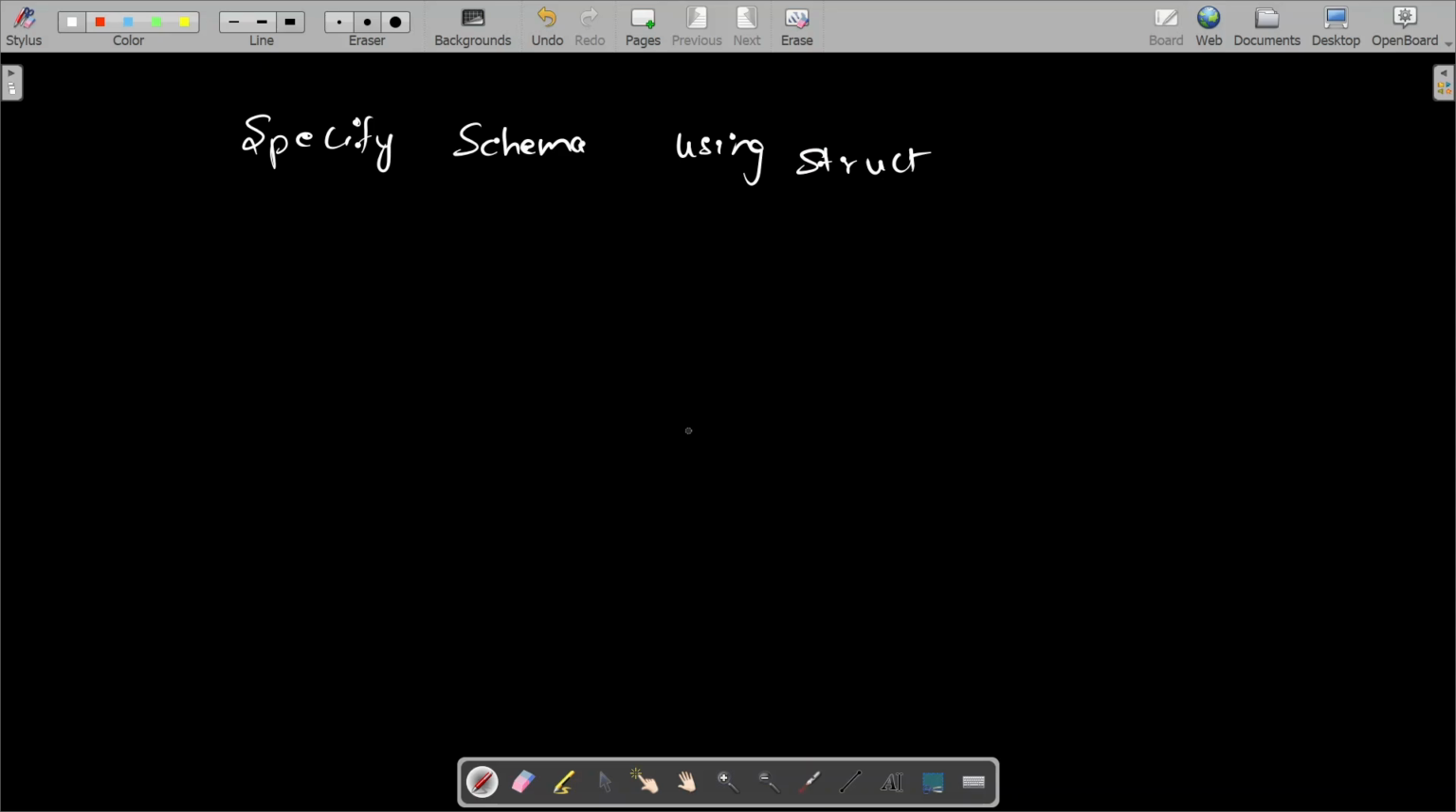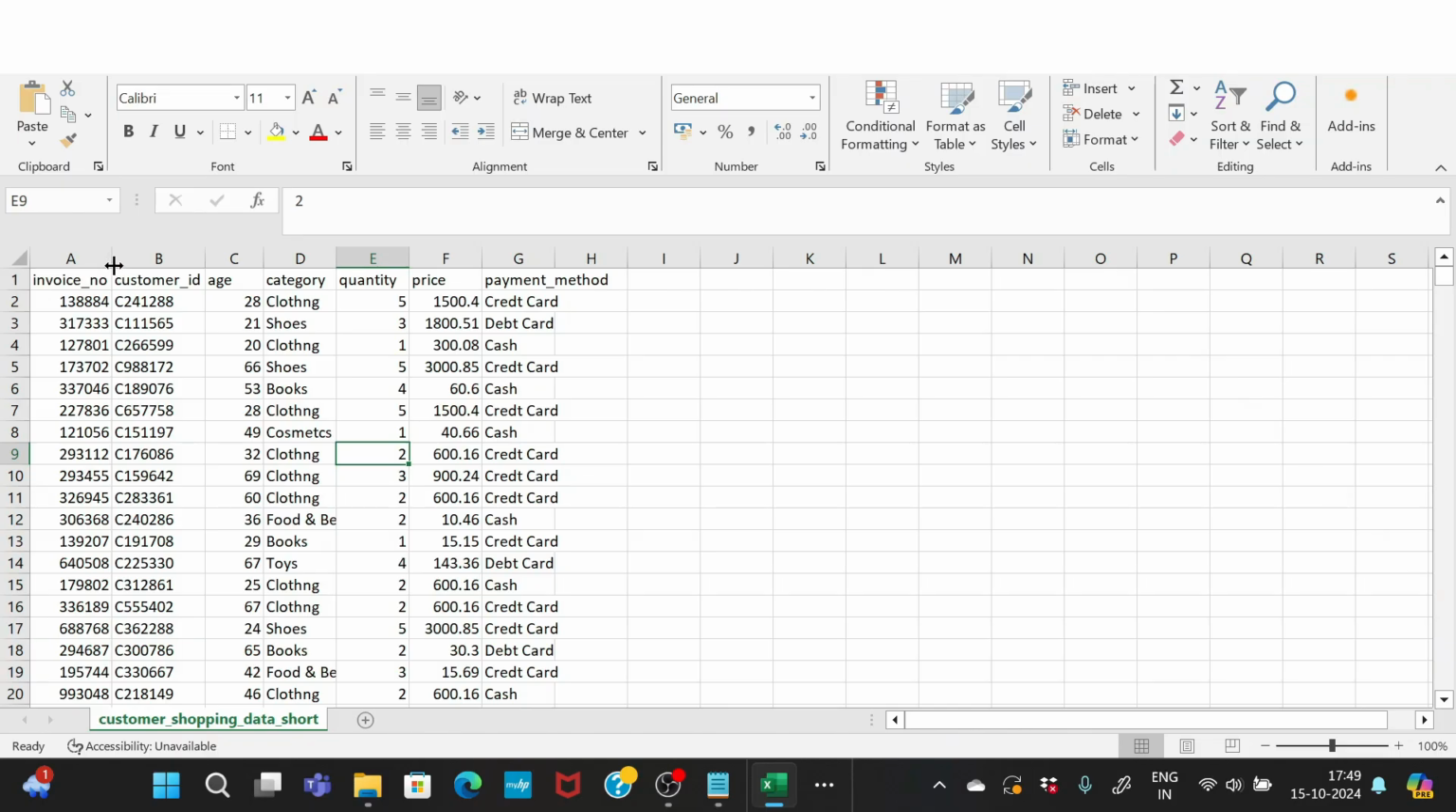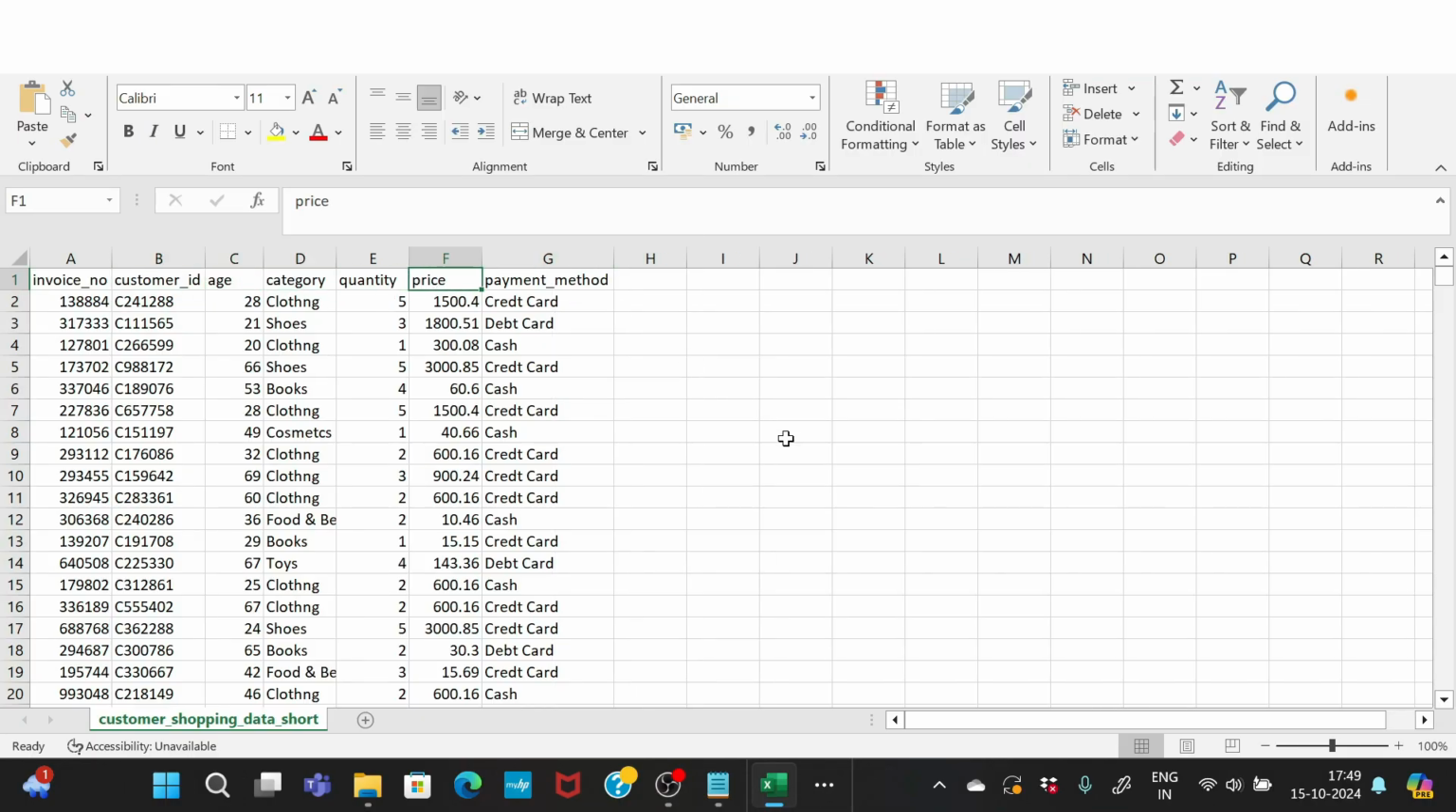Specifying schema using struct. So how do you specify a schema using something called struct? For example, let's look at this file. This file contains the data. It contains invoice, customer ID details, age, category, quantity, price, and payment method. If I am reading this data and I want to define a structure, basically a schema,